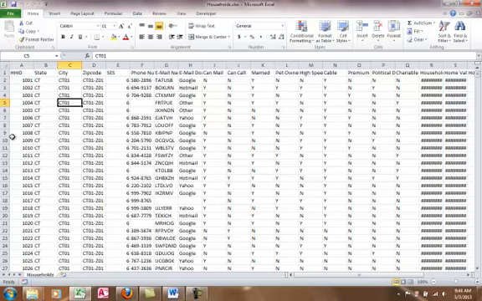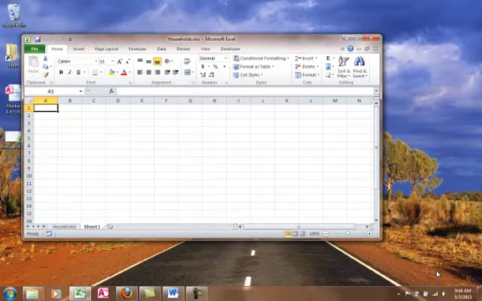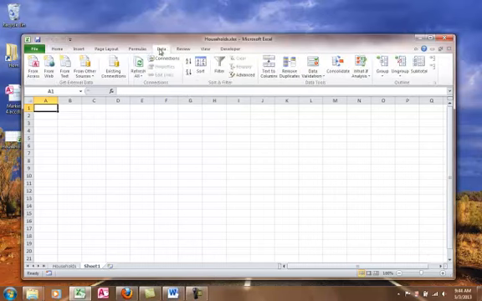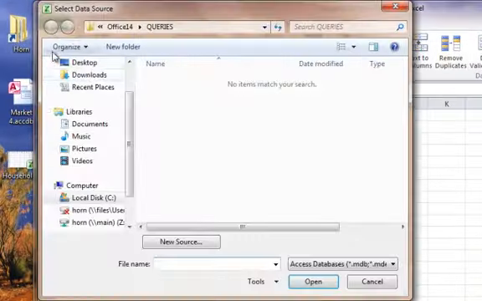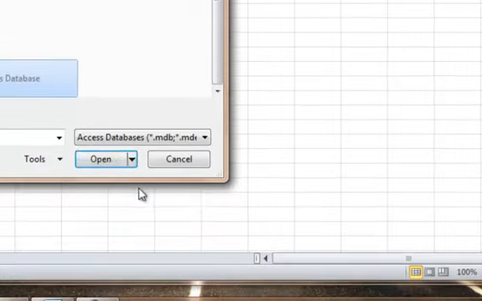Now, because of the way we've got the machine set up here in the lab, you have to have the Access database closed before you can do this next trick, which is why I closed out of it. But you can just go to a new sheet in your Excel workbook. And again, you're probably going to want to see the ribbon, so let me move this down a little bit. Okay, so you can see that. All right. Data from Access. And then you point to the database container, which happens to be floating on my desktop. Pick that, open that,